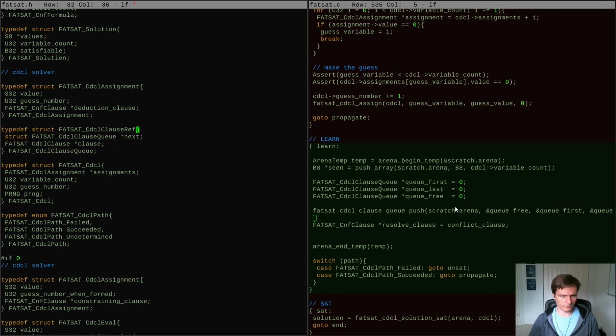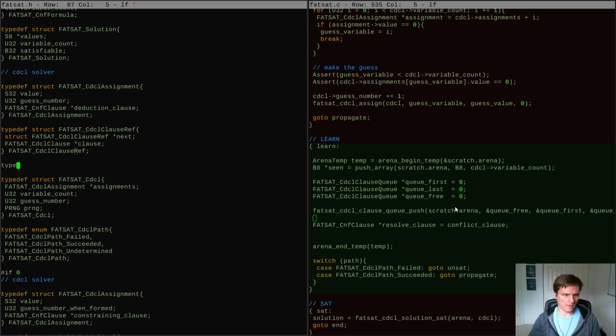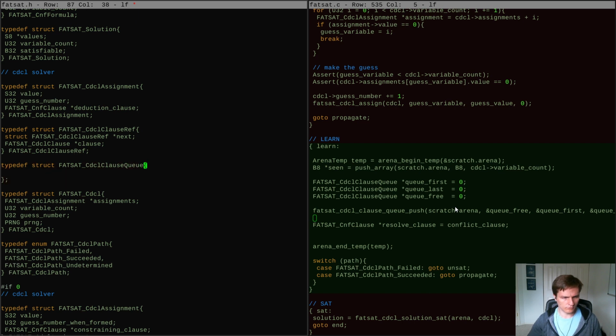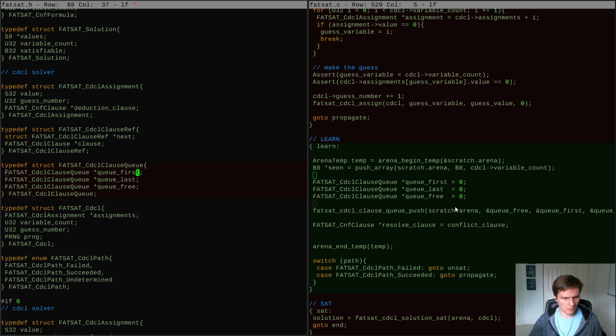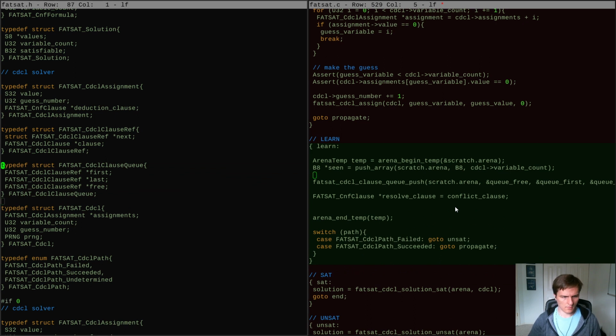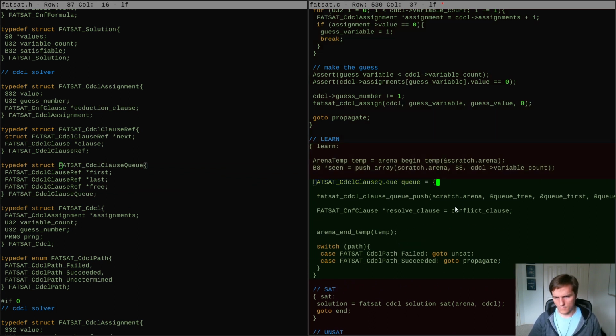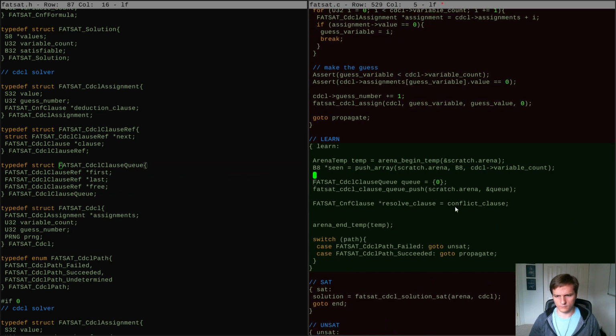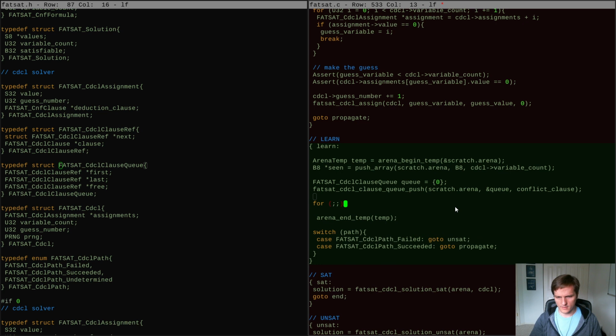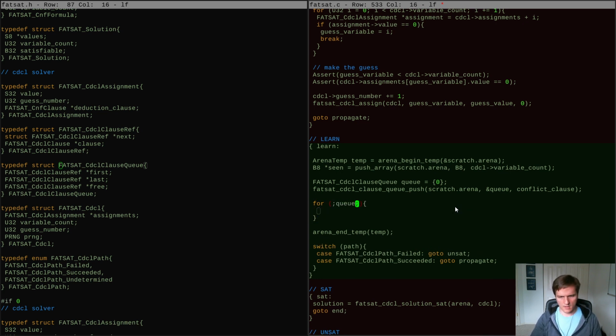Or we could go like this. Grab this. First, last, free, ref, Q, conflict clause, push that onto the queue, and then do a loop that says if the queue first is not